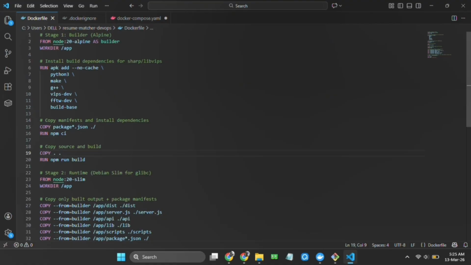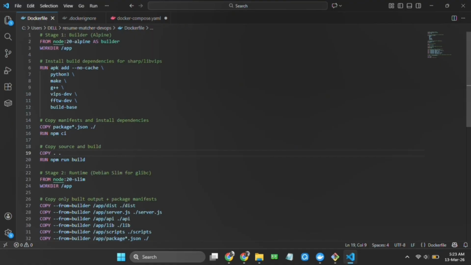Now let's understand the purpose of multi-stage builds. The importance of multi-stage is to break the Dockerfile down into stages, where the final stage is the runtime environment. We take the artifacts from the build stage and utilize them in the final stage, where we create a runtime environment from those build artifacts. So the image is lean and lightweight.